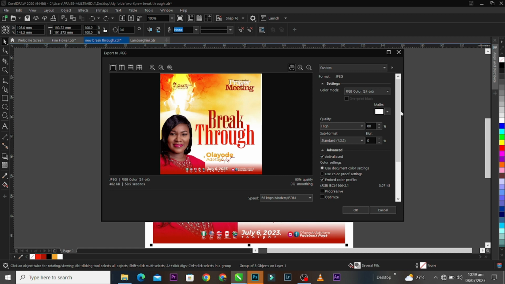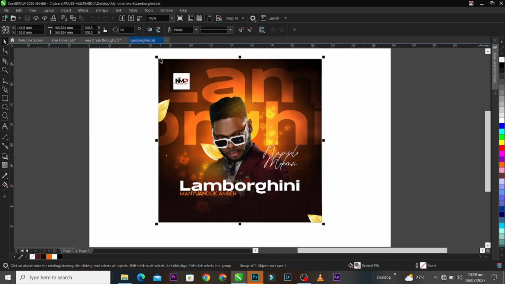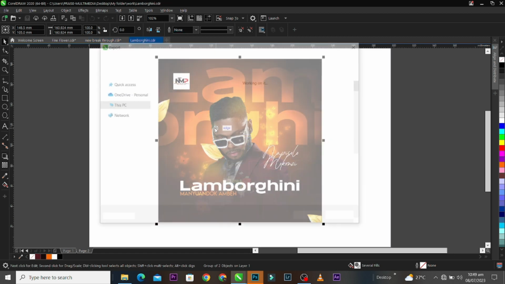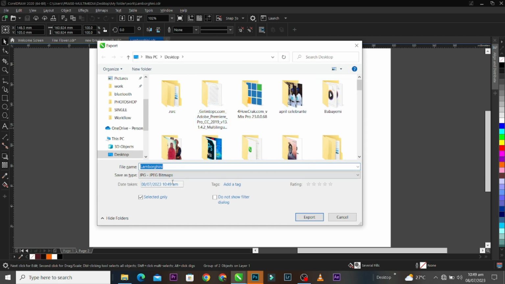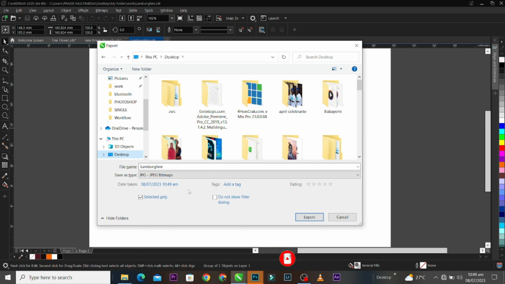That's it. The second one, so let me export another one, showing you another method. The second one, if you are using PNG to export it, you also follow the same. You select only, because we have different layouts on your CorelDRAW or something, but you have to select and give it a name. The next thing is export. After the export,